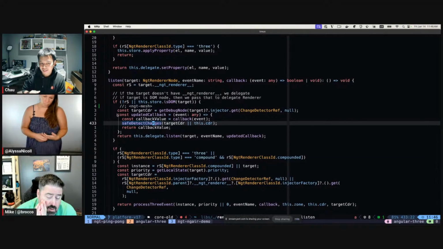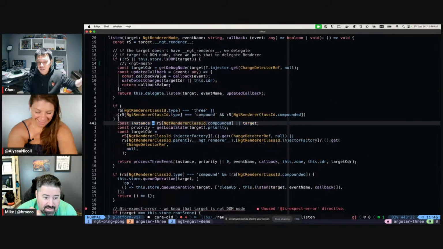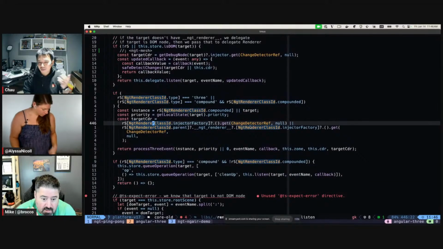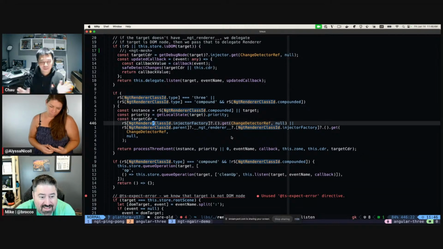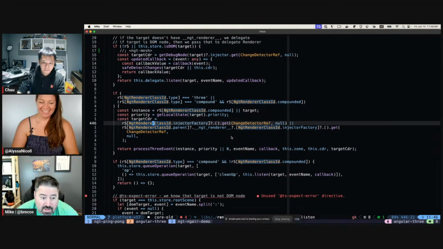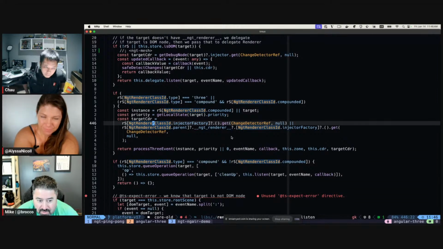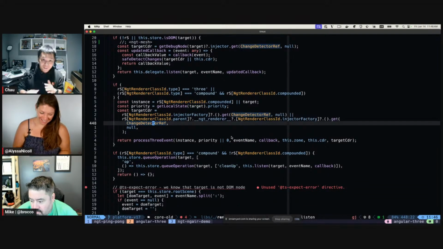It's even crazier when you get to the parent change detector ref and all of that stuff. Dealing with change detection on your own is painful, and then you're a man in the middle trying to handle change detection as well with the renderer. Yes. Right. So all of that is to show that it sucks.